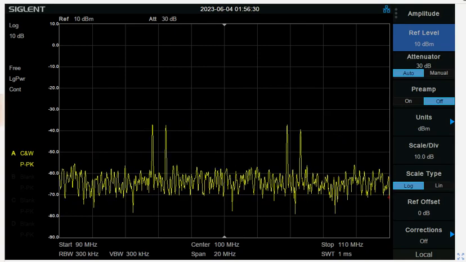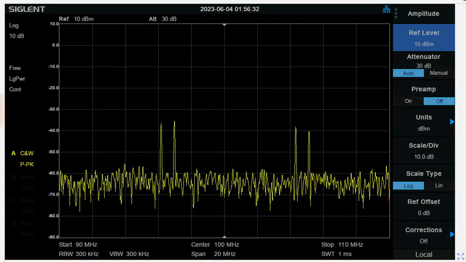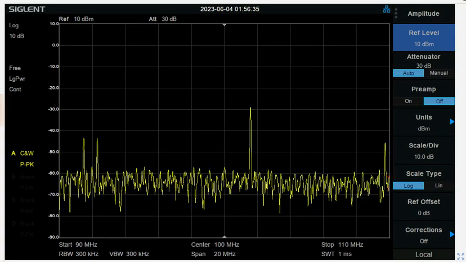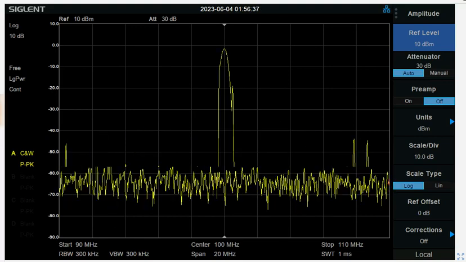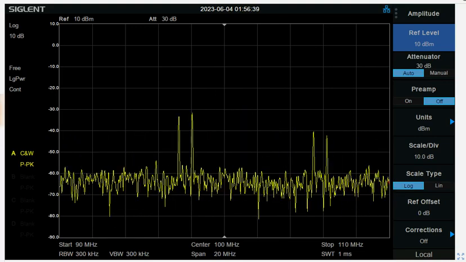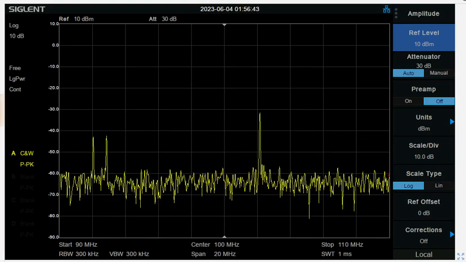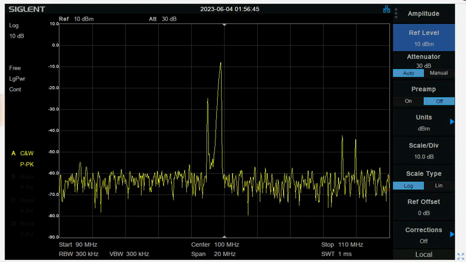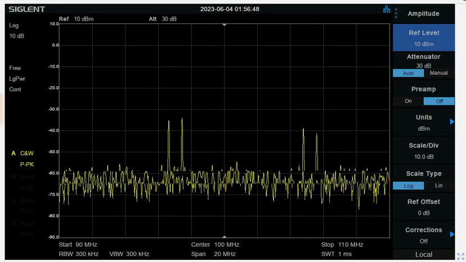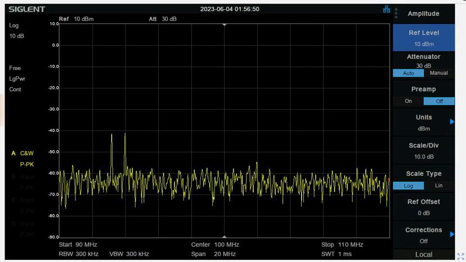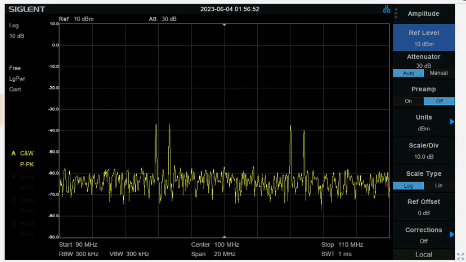Today you're looking at the spectrum analyzer display of one of the new Siglent spectrum analyzers. It has a nice little feature that allows us to use a web browser to control it and show us the display. So it makes it real easy to record a video for you all so that you can follow along